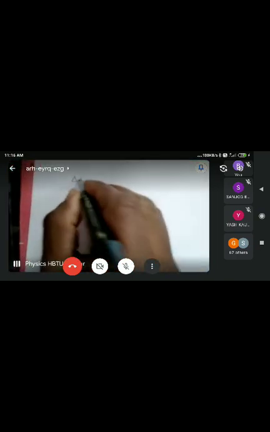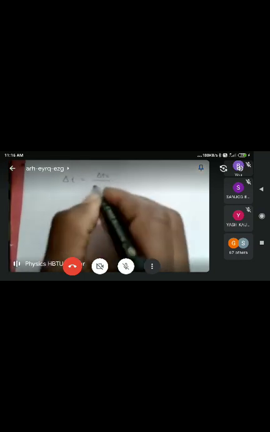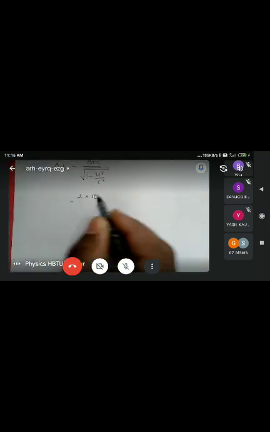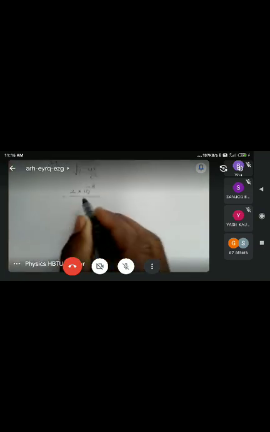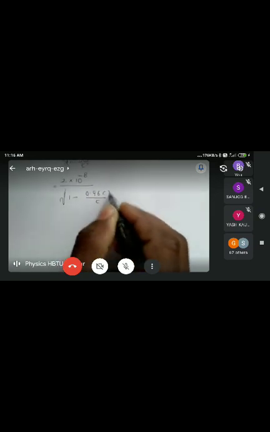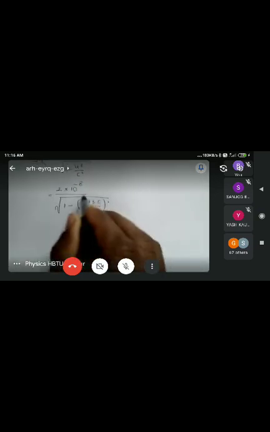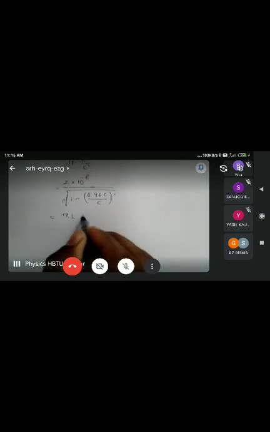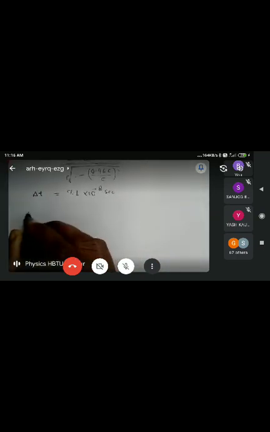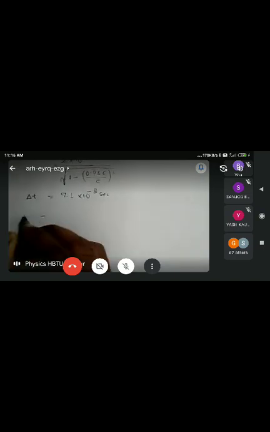So this delta t is delta t naught divided by under root of 1 minus u square by c square. So you have to put it as 0.2 into 10 to the power minus 8 under root of 1 minus 0.96 times c divided by c whole square, and this on solving will give you 7.1 into 10 to the power minus 8 second. Now you know the time, so the distance traveled will be simply